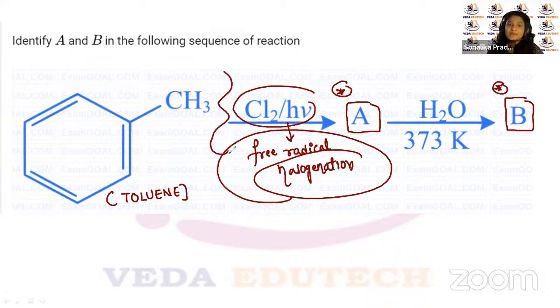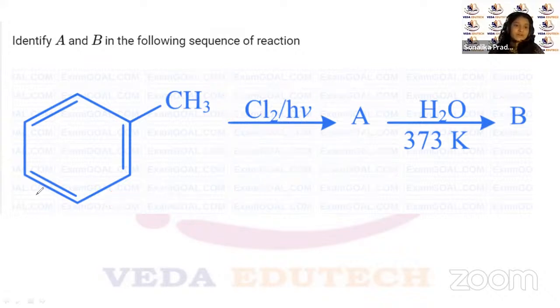It is going to attack your alkyl part. So only this part will be attacked. First, one hydrogen will be removed and one chlorine will be added,